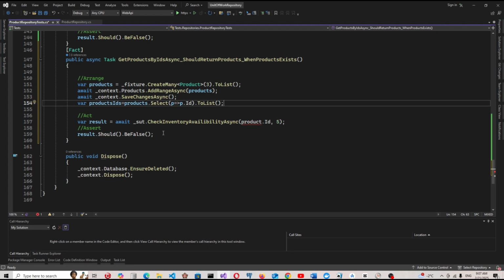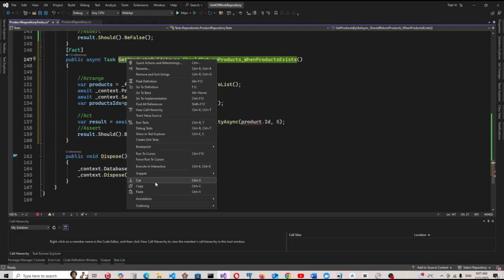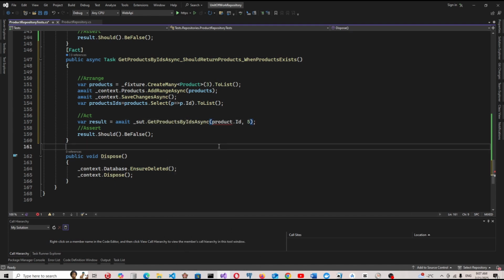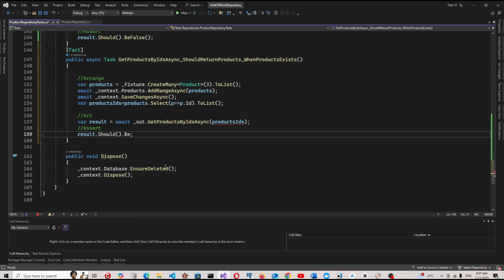So the act will be system under test, the method GetProductsByIds, and we pass productIds as the parameter. And the result should be equivalent